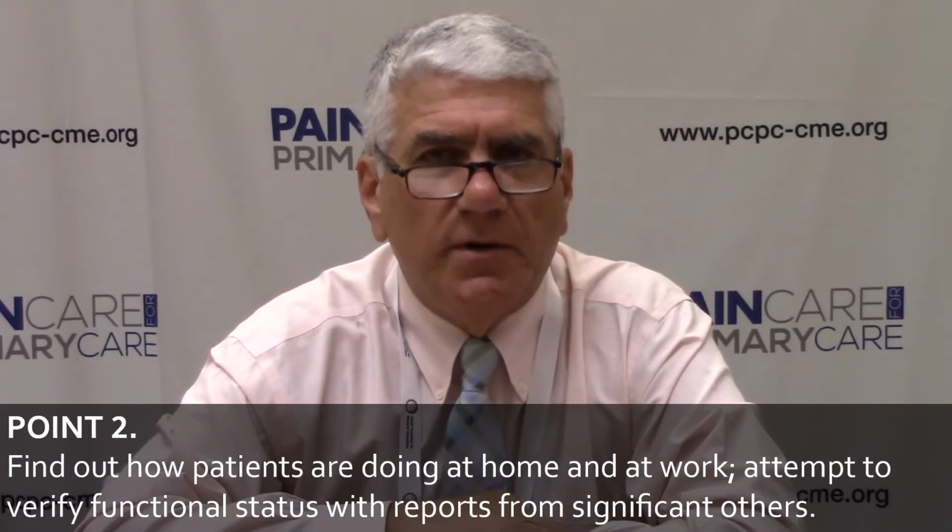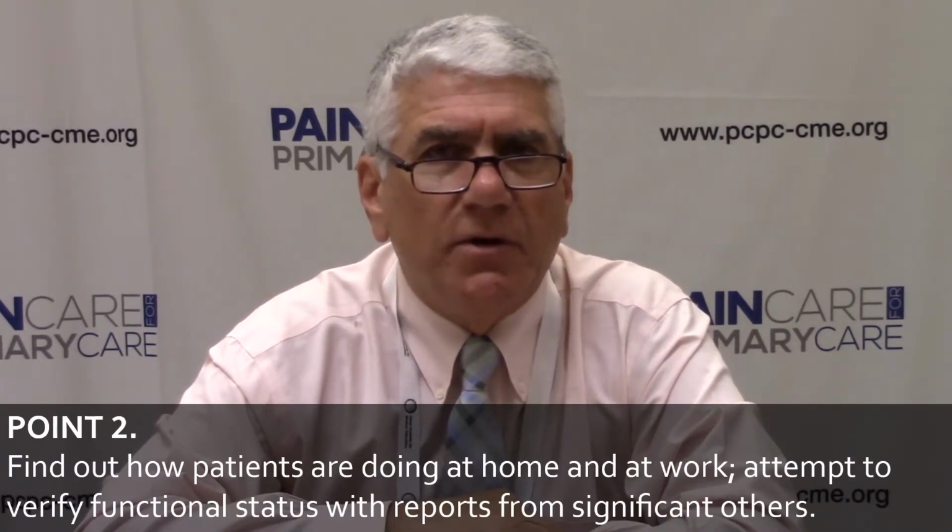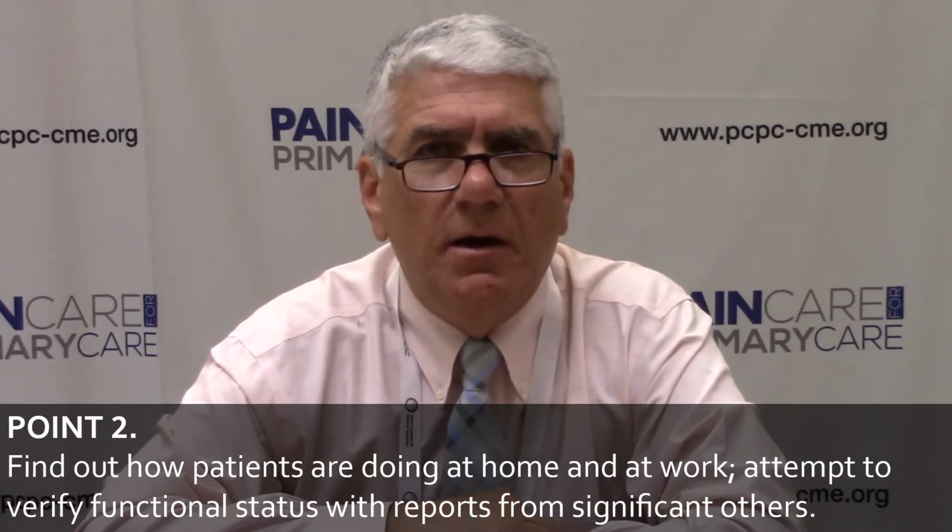And the other recommendations include different ways that you can monitor patients as they continue on opioid therapy. And monitoring is very important. So of course you have to assess the patient at each visit, ask them how their analgesia level is, but particularly focus on function. How are they doing at home, at work, and try to verify functional status with reports